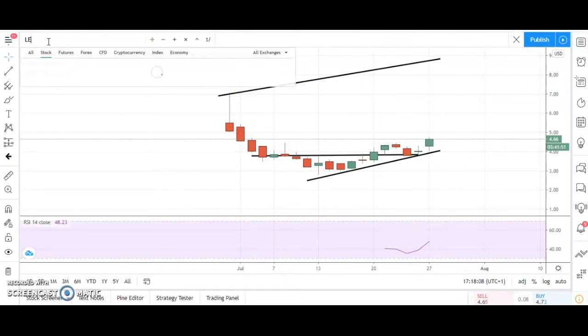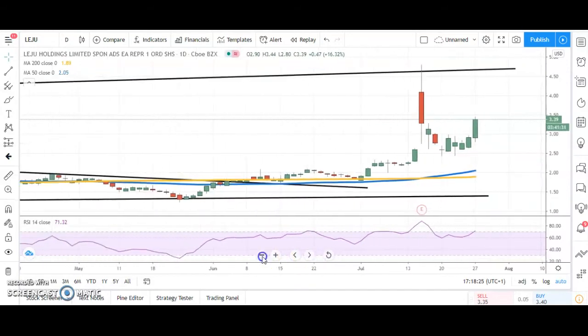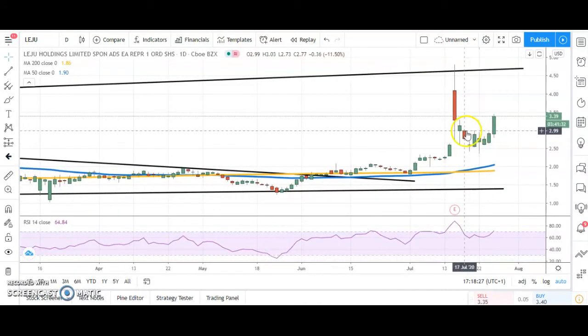Leju, another repeat and another solid stock over recent days. Here you can see the shares basically gapped up at the beginning of last week and have got a sort of U-shaped formation, which is normally one of the strongest ones around in charting. The view here is that at least while we hold above, or have an end-of-day close above, $3, that's recent neckline resistance, we should head towards $4.50 to retest the best levels of